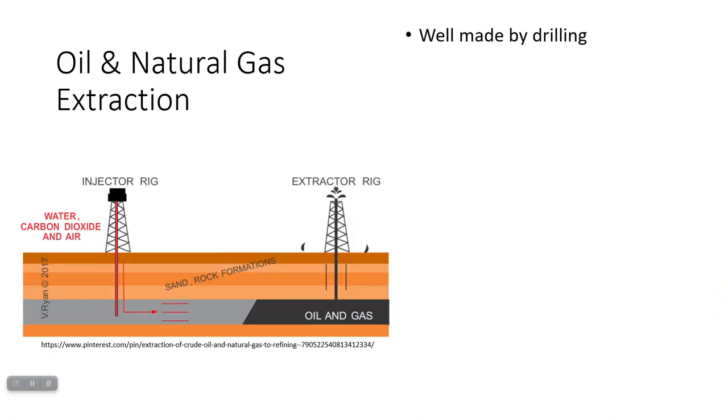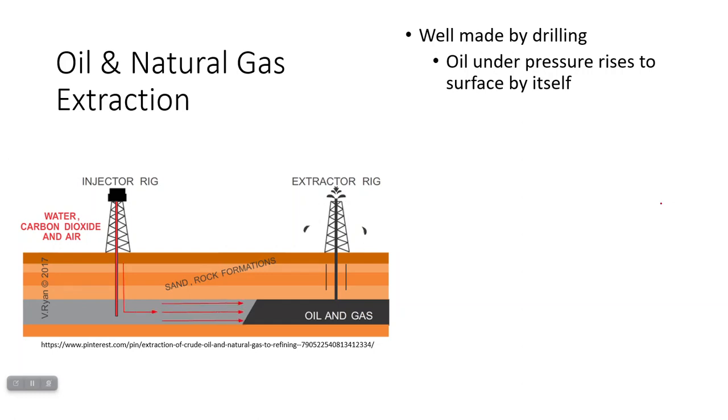How are oil and natural gas taken out of the ground? Well, in traditional oil and natural gas extraction, you're going to drill a well into the ground, as you see in this GIF right here. The oil is usually under pressure, and so it rises to the surface by itself. That's kind of represented by this gushing oil well